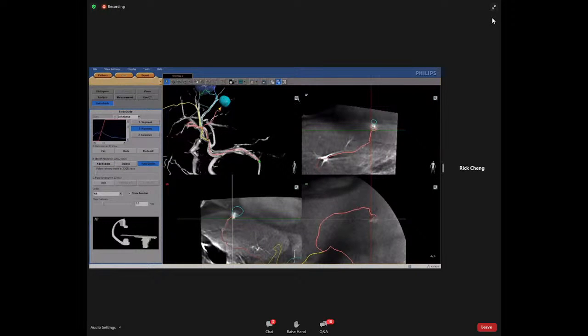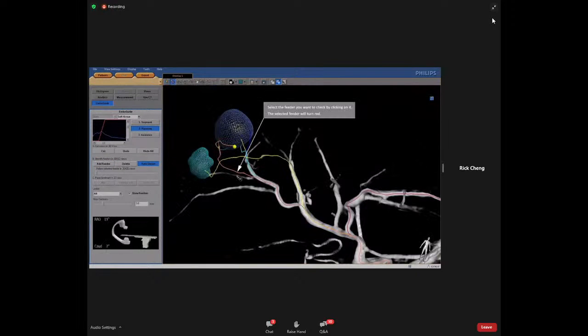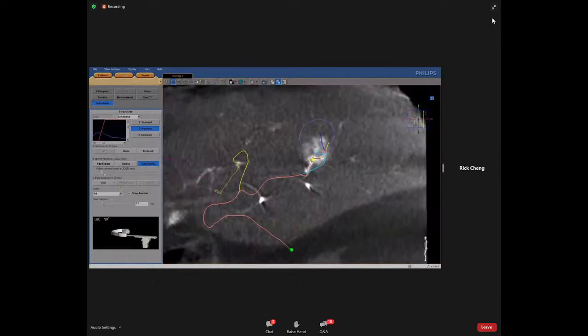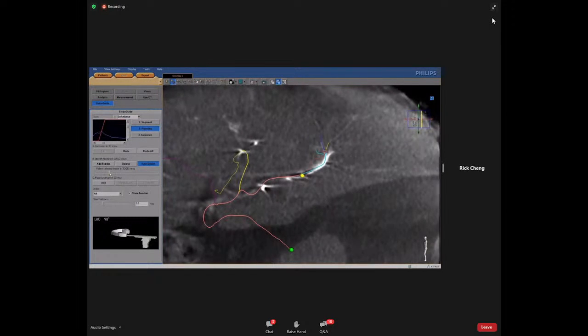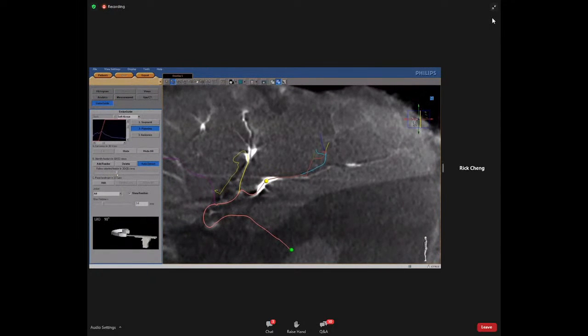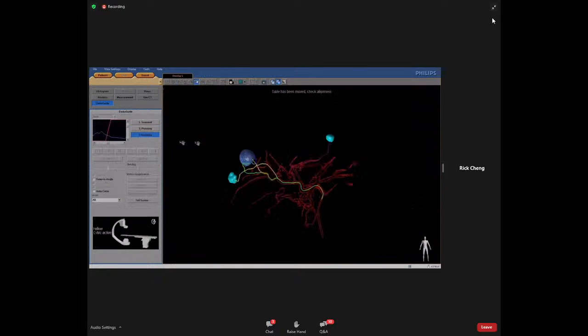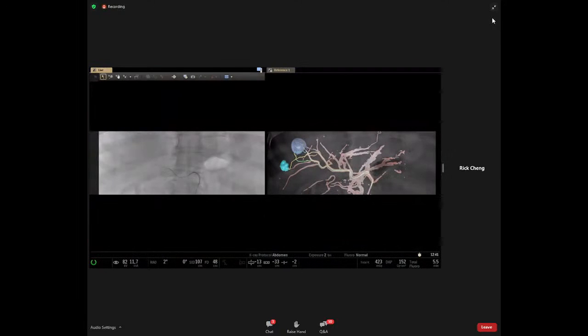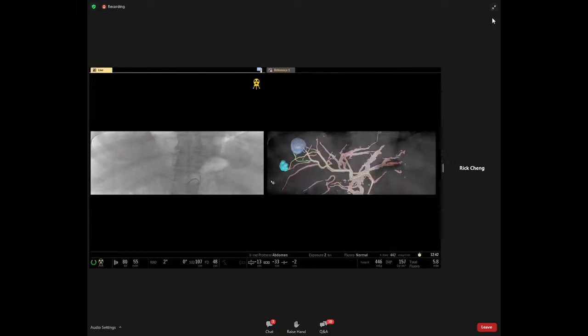Check the result in all planes and see if all feeding vessels follow the correct path with the Follow Selected Feeder slider. Once satisfied with the result, proceed to the guidance step. A 3D roadmap becomes visible on the interventional work spot. In the roadmap, the vessel paths to the tumors are visible.